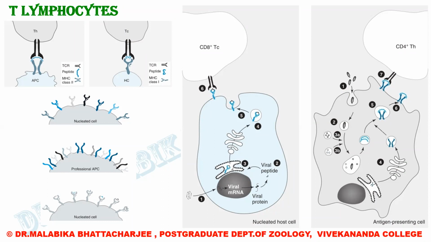Just remember that although only one peptide binds to the MHC molecule at any given time, the peptide binding groove encoded by each MHC class 1 or class 2 allele is designed to accommodate a wide variety of peptides. This type of binding is called promiscuous and is exhibited by the proteins encoded by all MHC molecules, because the MHC molecules are not specific to a particular amino acid. They are specific to the length of the amino acid and to certain anchor residues. So they can bind to a variety of peptides. Hence, the binding is known as promiscuous.